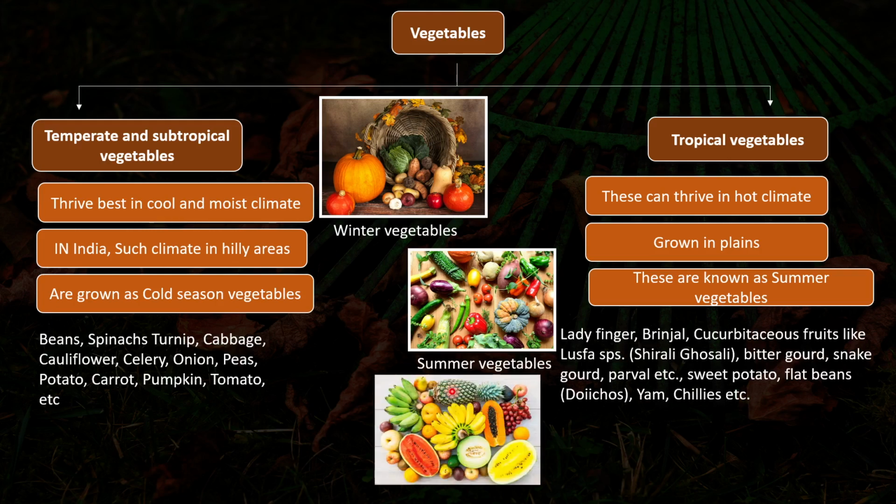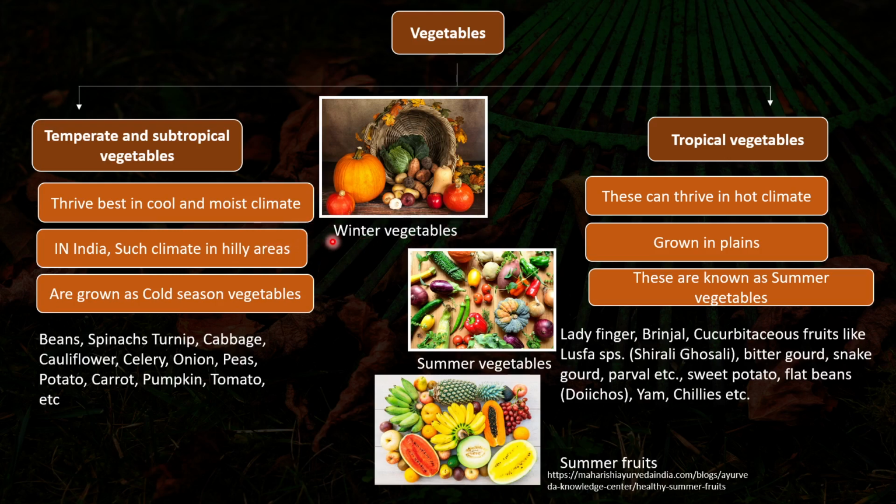Likewise, there are also tropical fruits. These are watermelons, bananas, muskmelons, papayas, right? All of these require a hot climate to grow. So these can be called summer fruits. Likewise, there are winter fruits also. For example, when you see in winter, what are the fruits that are available? There might be cherry, there might be lychee, right? Then there might be kiwi available, right? So all of these are winter fruits that you can find.